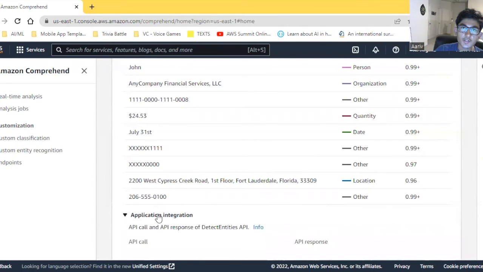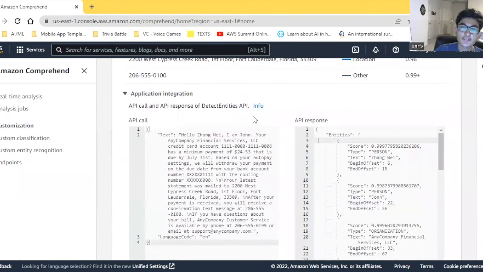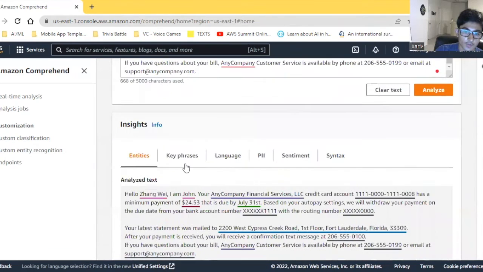And then down here, you can go to application integration. So if you use the detect entities API in your code, then this would be the API call you would make with the text. And this would be the API response that the detect entities API from Amazon Comprehend would return. And if we go over to key phrases,